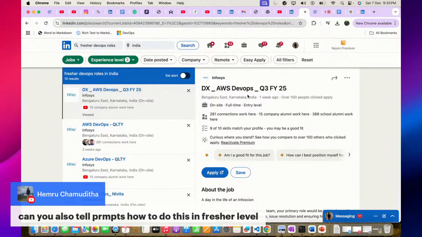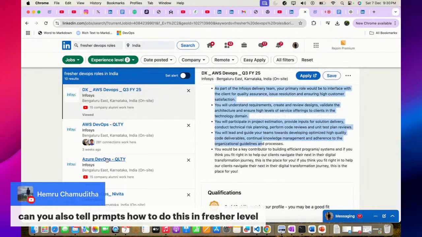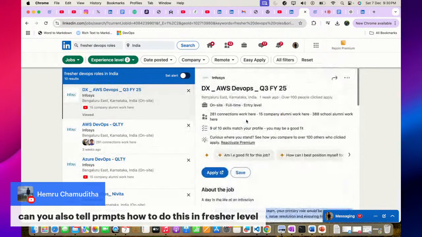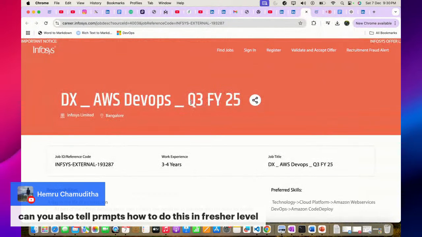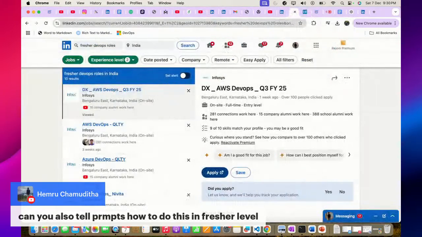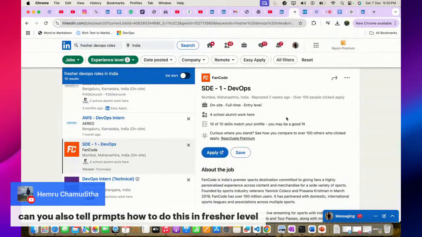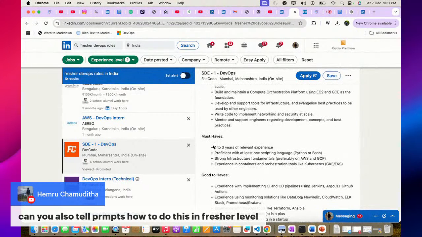See, Infosys is doing Q3. I don't know what this is. I think these are fake jobs or what? Or no, these are okay. See, experience it is asking for 3 to 4 years. Okay, this is for 1 to